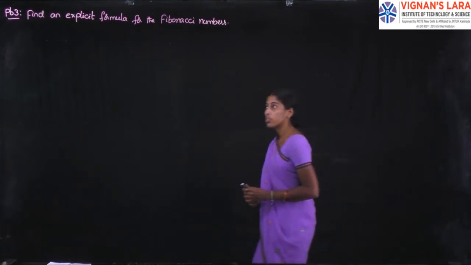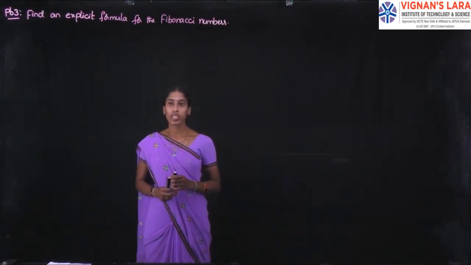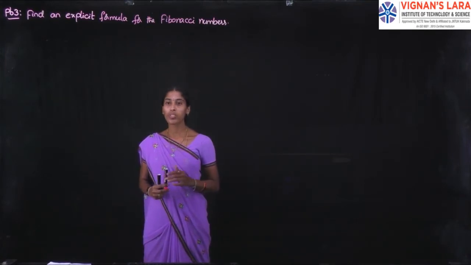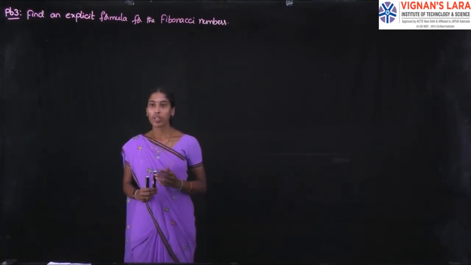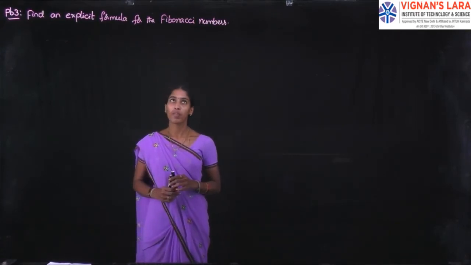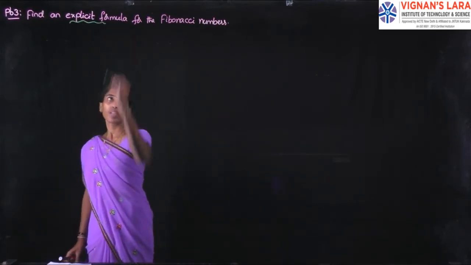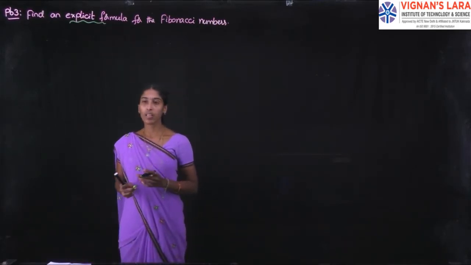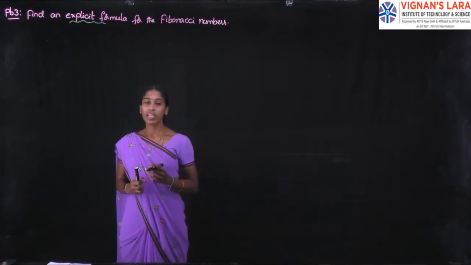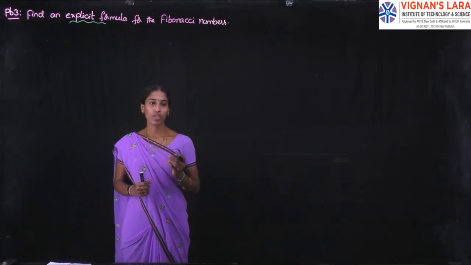Right, now in the previous session, we have seen two problems on homogeneous recurrence relations. One is for real roots, another one is for a complex conjugate pair of roots, right? Now we see the next problem, which is to find an explicit formula for the Fibonacci numbers. Explicit formula means that we have to express the an value, otherwise fn value, in terms of only n value. But it does not involve any of its previous sequence terms, fn minus 1, fn minus 2 and so on.